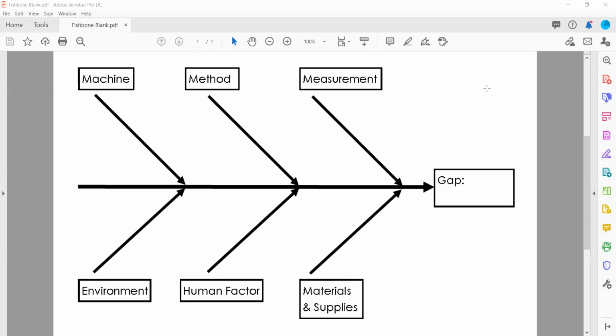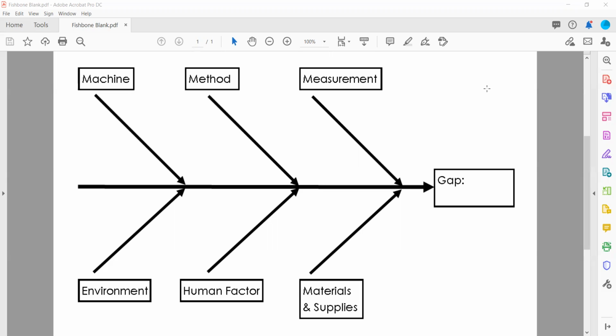For example, this particular widget process is operating at 20 units per hour. The stated goal for the process is 25. So the gap would be stated as something like, this process is not meeting its goal by 5 units per hour. Basically, that is the effect that is happening for this process. And so the brainstorming exercise would then involve trying to understand all of the particular causes for this process